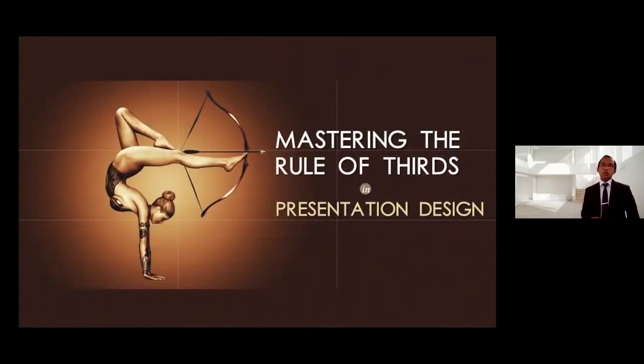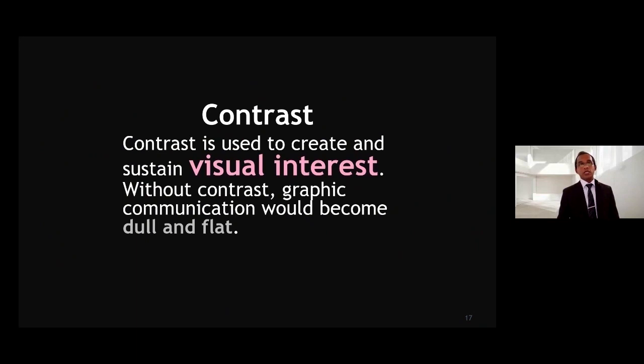At the same time, at this moment, I'd like to talk a little bit about a rule. We call this the rule of thirds. The rule of thirds means dividing the horizontal and vertical space into three equal parts. When you divide into three parts, you can identify the four middle intersections. When you place an object, graphic or main message at those points, it's really easy to take attention.